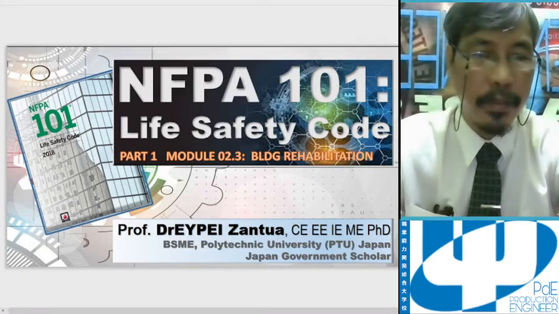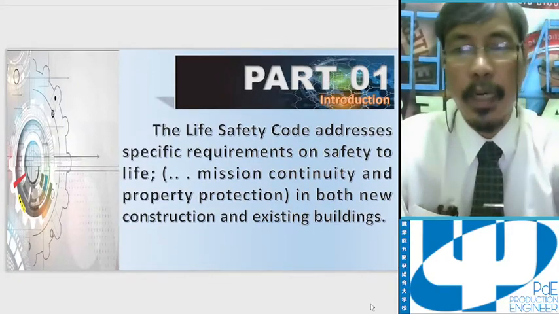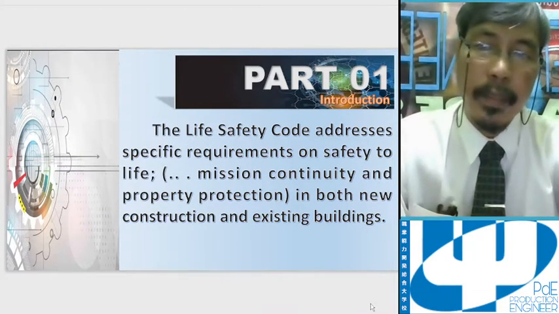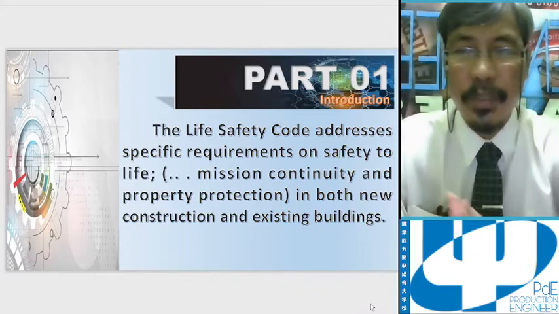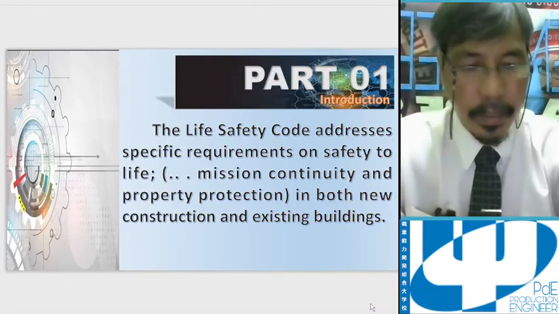Let us continue our discussion first with our code objective. Life Safety Code addresses specific requirements on safety to life, mission continuity, and property protection in both new construction and existing buildings.